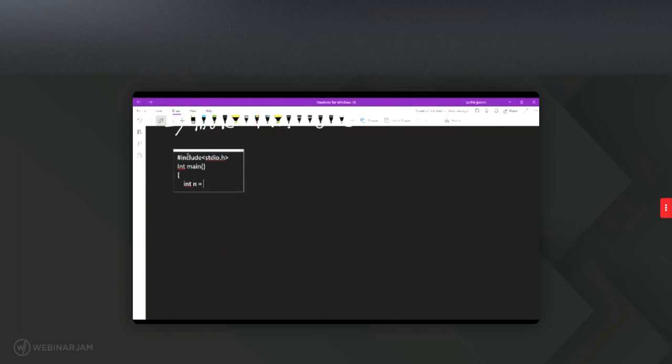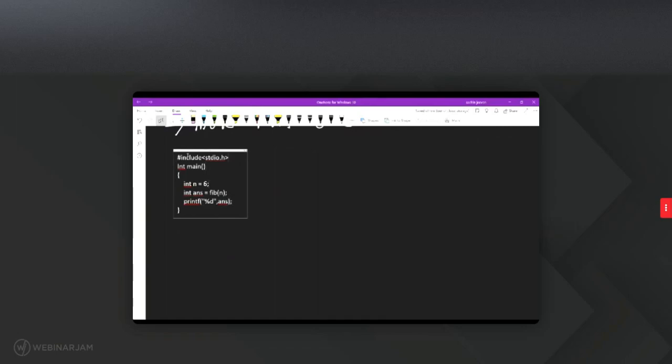For example, let me take it to be 6, and then let me call the function fib of n. I will receive the answer in a variable ans and store it. In the next line I will print the variable ans: printf("%d", ans);